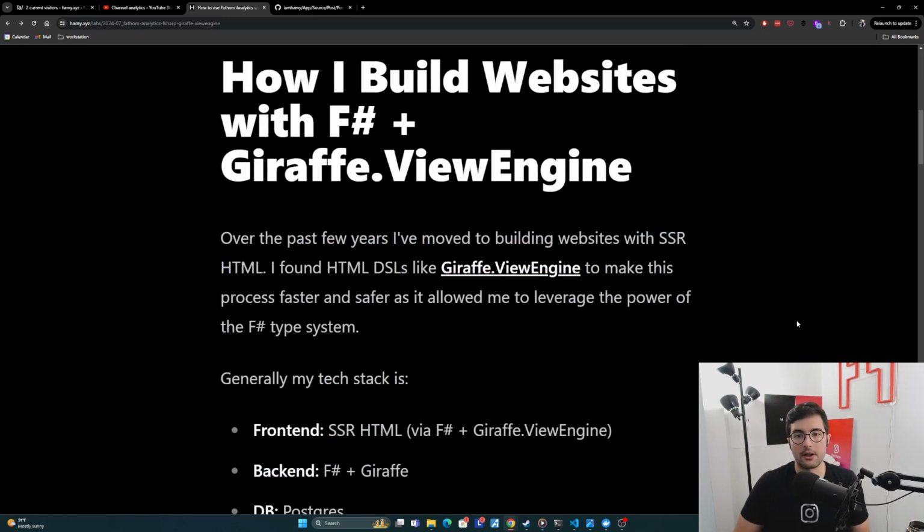All right, first let's start off with how I build websites with F# and Giraffe.ViewEngine. Over the past few years, I've moved to building websites with SSR HTML. I started off with just building raw HTML in my F# because that was pretty composable and fast to do. And then I found HTML DSLs like Giraffe.ViewEngine, and there's a few other ones in F# land as well, like Falco's version of it,